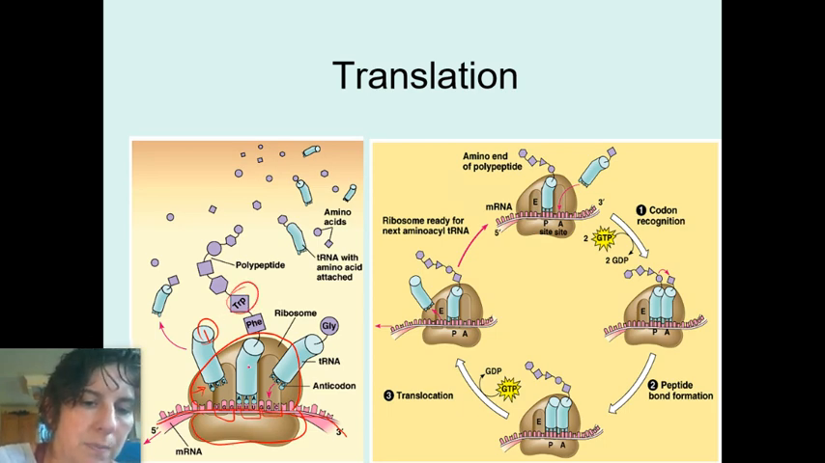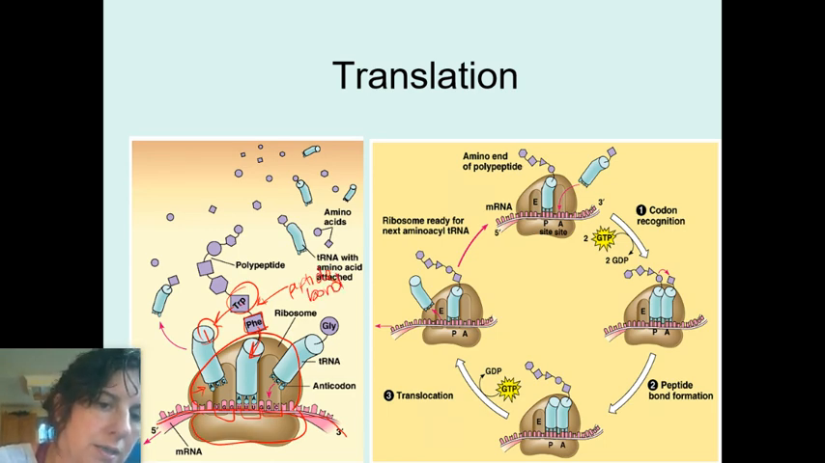Once it gets in that spot, the next tRNA comes in with its anticodon matching up, bringing in its amino acid. So phenylalanine belongs to this one, tryptophan belongs to that one, and there's a bond that forms between them. It's called a peptide bond. And when that occurs,